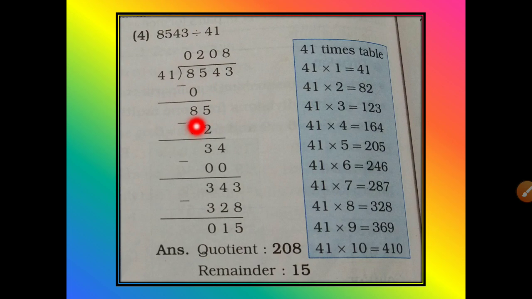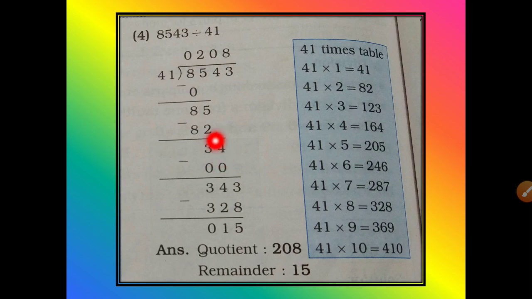So this number will come in the table of 41. For that write the table of 41. Now is 85 there? No, but the smaller number is there, that is 82. Write 41 2s are 82. 5 minus 2, 3. 8 minus 8, 0. If you do not write it, that is also okay. Copy the next number, 4. Now this number is 34.